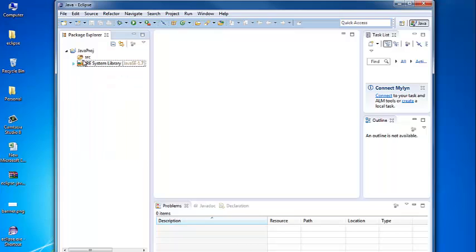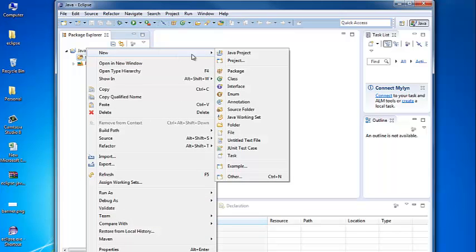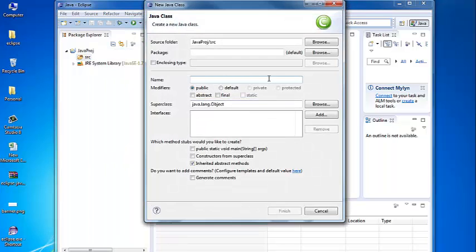So we'll close this. We'll right click on the source folder and we'll create a new class. So we are writing our first Java program. I'll name this class as FirstJavaProgram.